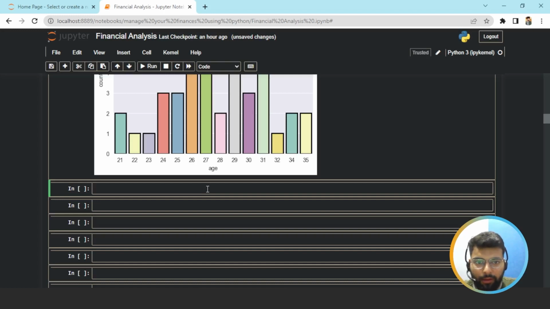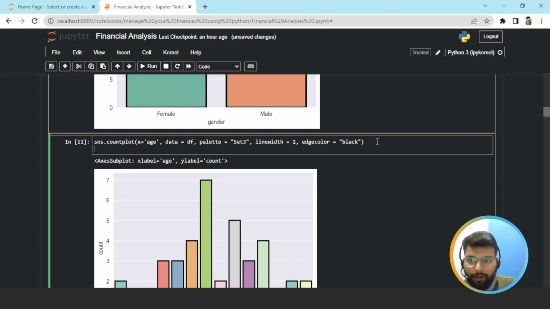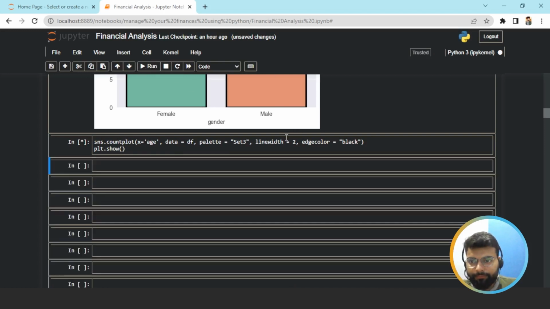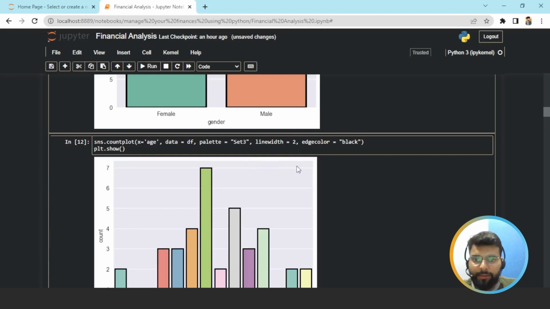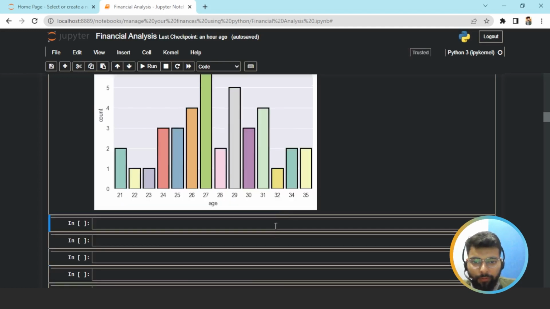So moving on, now we'll move to another plot and draw something related to age only. And you could also use plt.show to just get your output. If you write here plt.show, it will give you the same output. And here now it's not showing the x-axis and y-axis. You could easily see here what it's defining. Now moving on,